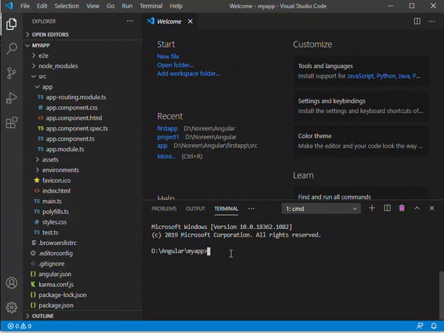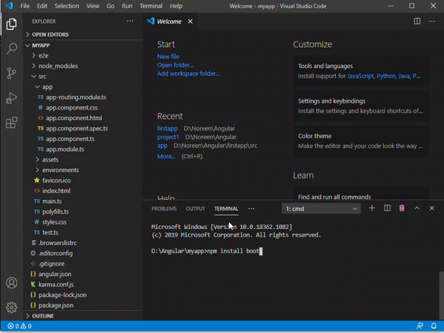Let's take note, my dear students, that you have to integrate Bootstrap to every application you have. It's not a one-time integration for all Angular projects. No, it is per project or per application. Once you create a new application, you have to integrate Bootstrap if you want to use that feature. So let's integrate by typing npm install bootstrap.